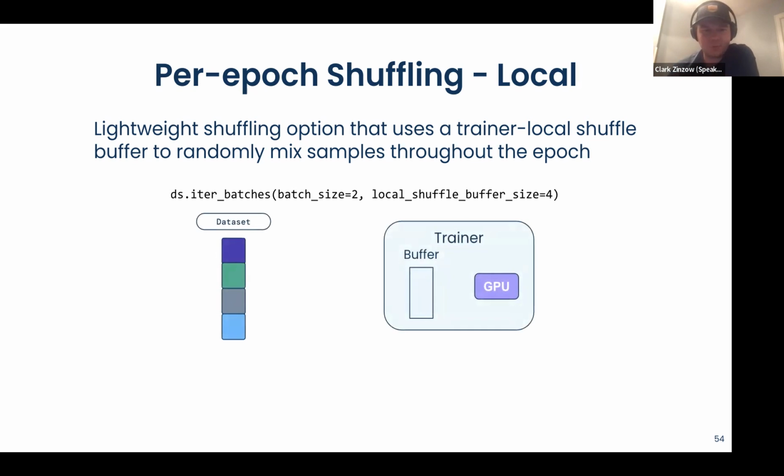So what this looks like, we once again have our 4-block data set. We fill in the first block, and each block here, by the way, contains 4 records. And so we filled up our buffer halfway. We haven't filled it up all the way to the minimum. We have to get past the minimum size of 4. We haven't filled it up to 5 or above. So we should fill in another block. We need at least 1 more record before we're willing to pop off these shuffled batches.